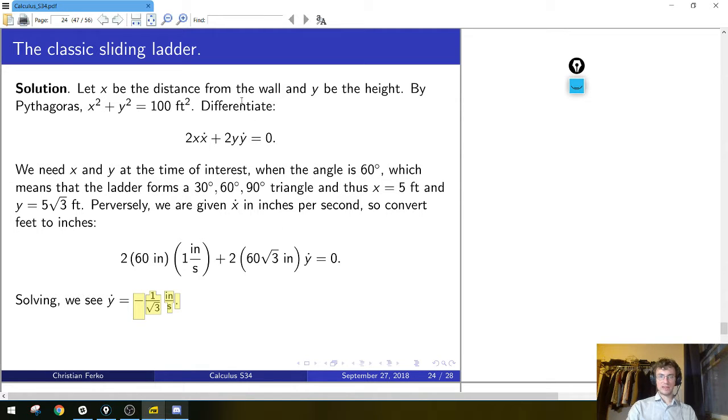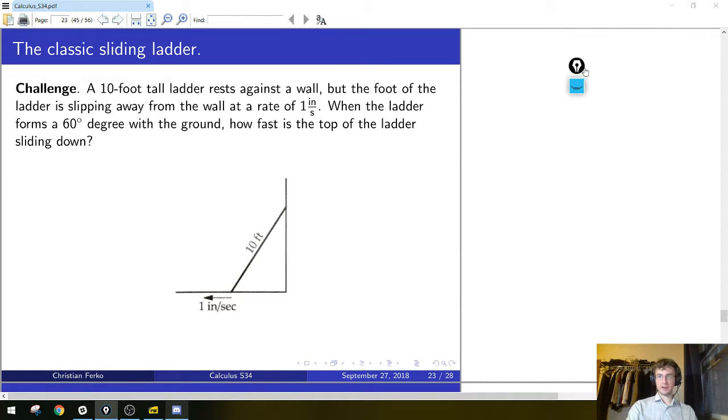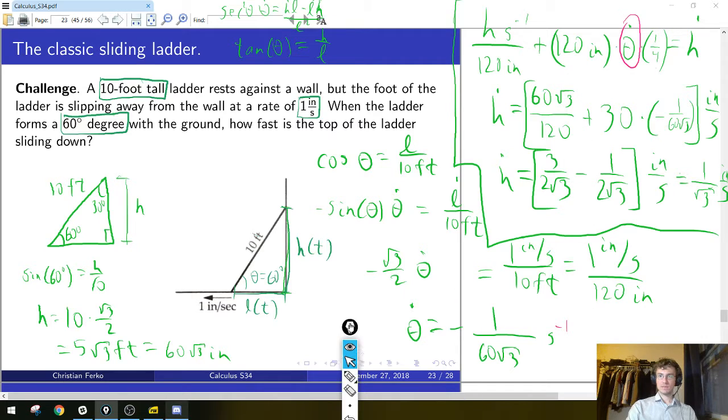If you define y to be the height of the ladder, your answer must be negative if it is to be correct. Right? That's non-negotiable. It has to be a minus sign. So what did we do wrong here when we wrote tan theta as h over L,